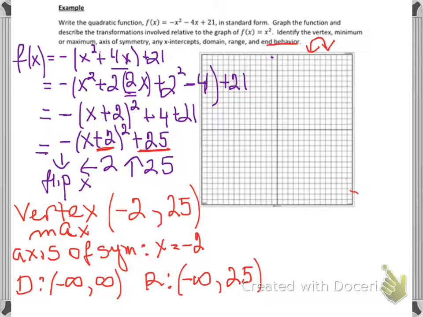Once again, each of the squares is equal to 2 units, so the vertex would be somewhere around here. Since our graph really cannot work very well, not for me at least, not with the tablet that I'm using,